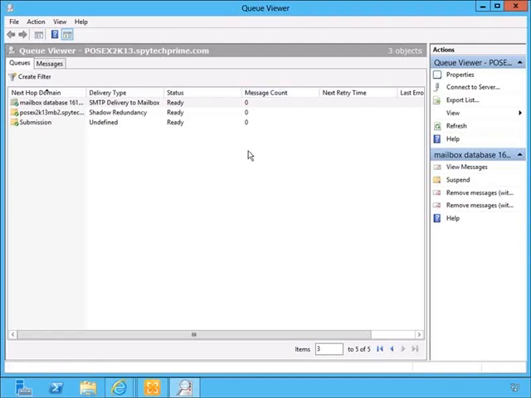So not much action going on here with the queue. You can see how this tool can be helpful. You can view messages, you can suspend, you can remove messages. So there's a lot that we can do from the Queue Viewer, but only if there's an actual problem, and we see that there is no problem at this point. If we go back to our Exchange Admin Center,